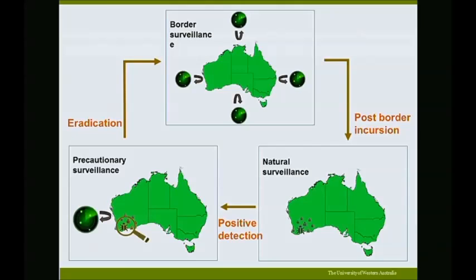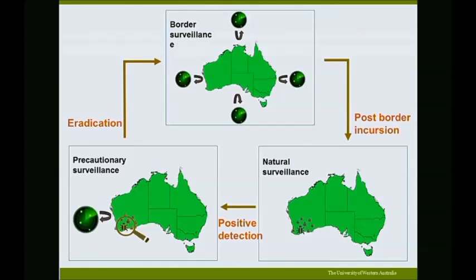The pest guy had been on a course with WA and spotted that it was not the usual warehouse beetle or the usual sort of pest that you'd find in a bag of flour. So that's an example of natural surveillance. It's something being picked up by the general public. So that then leads to a positive detection,